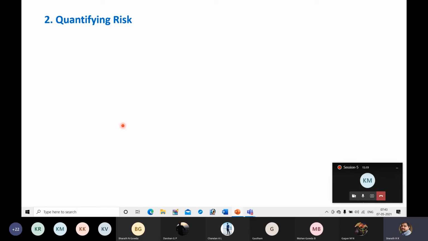Next, quantifying risk. Already in the previous stage, you have identified the failure modes, its effects, all those things. Next, you have to quantify the risk. So, probability of cause. There are many reasons for failure, and among these causes, one or two may be predominant. Because of these reasons, failures may be taking place quite often. Next, severity of effect. You can relate this cause and severity, so that is also possible.